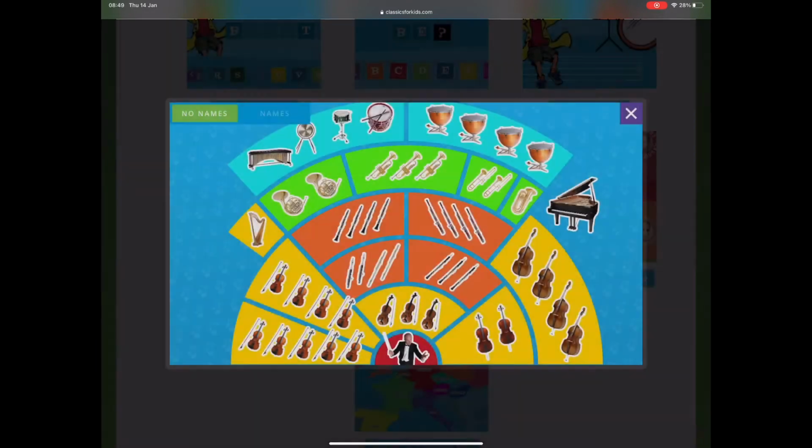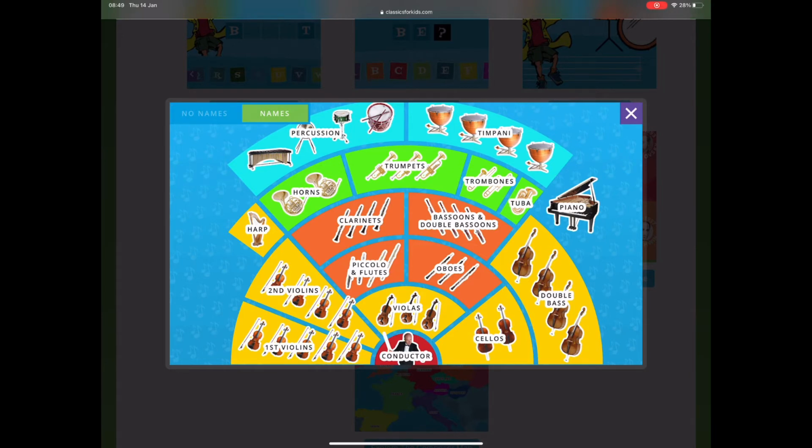Which means we've looked at all the different instruments in the orchestra, all the different groups of instrument in the orchestra, which brings us to your next job. So if you click names, it will tell you the names of all the different instruments you can see. So we've got percussion, timpani, harp, horns, trumpets, trombones, tuba, piano, clarinets, bassoons and double bassoons, piccolo and flutes, oboes, first violins and the second violins, double bass, the violas, the cellos, and right at the front we have the